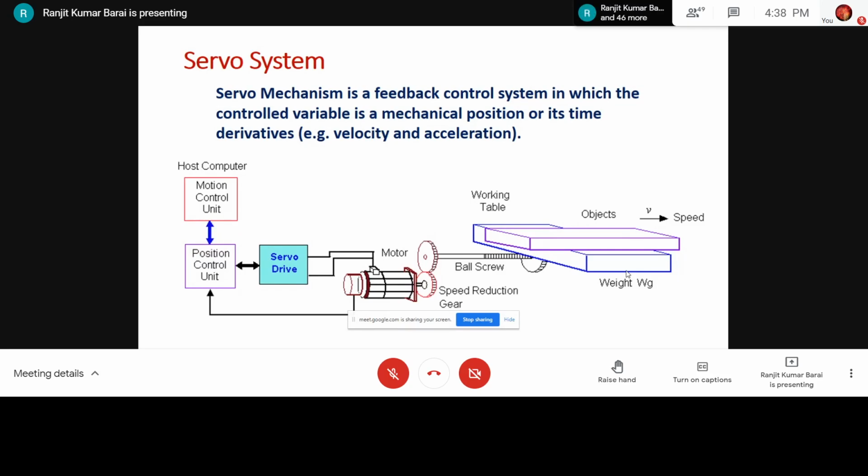Actually, this is not the complete definition. Servo system is such mechanical system where you track the commanded motion. That is the exact definition. You give a reference input in terms of desired motion, desired velocity, desired displacement or position, or desired acceleration. And your servo system should track that commanded input or commanded motion. That means it should track the desired motion.